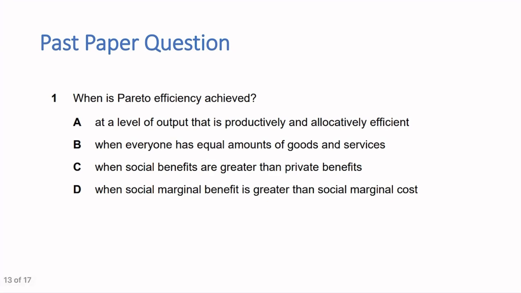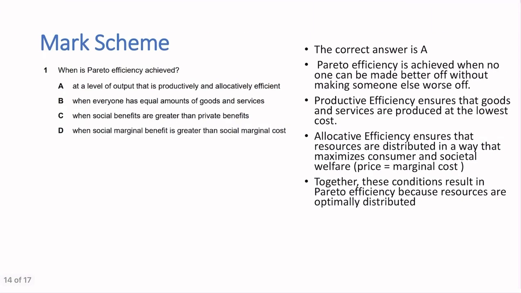The correct answer for this question is A. This is because Pareto efficiency is achieved when no one can be made better off without making someone else worse off. Now it's A because productive efficiency ensures that goods and services are produced at the lowest cost, whereas allocative efficiency ensures that resources are distributed in a way that maximizes consumer and societal welfare. So that's where price is equal to marginal cost, and together, these conditions result in Pareto efficiency because resources are